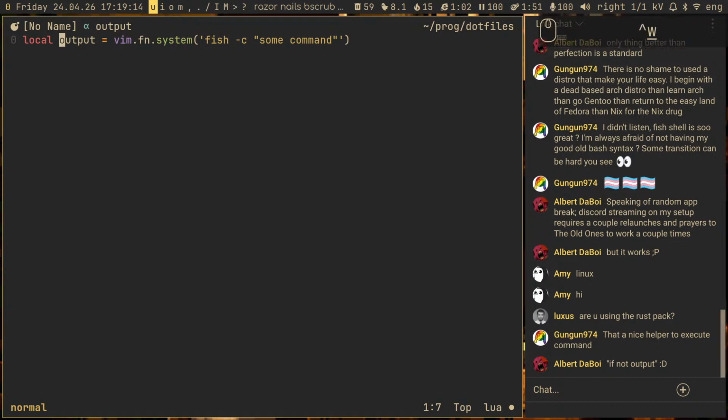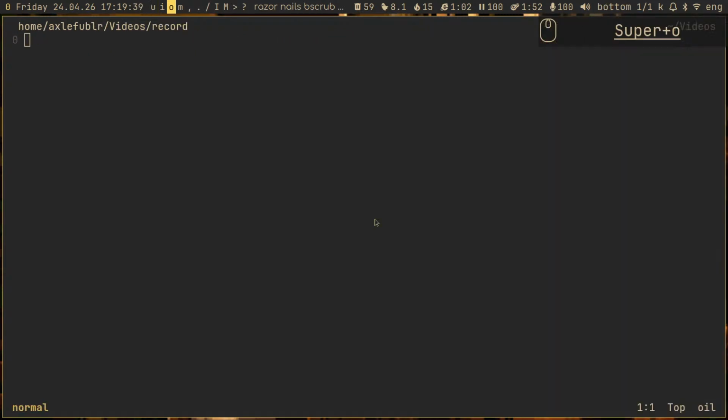Alright, you might now assume, oh, output is nil if it failed. No, not exactly. So the Astro command is nice because output is only filled if the command succeeded. With system, output is the entire output regardless of what it is. What do I mean? Let's fail some command. What's a command that will definitely fail? I don't know, but basically